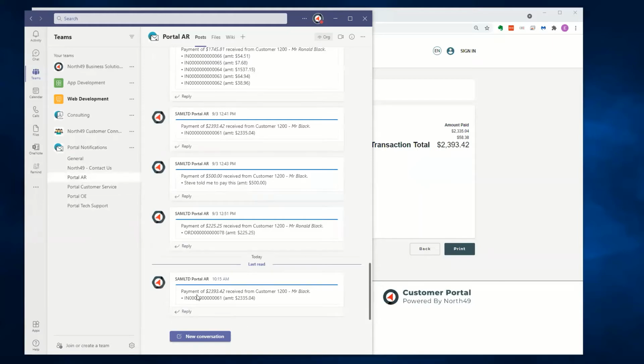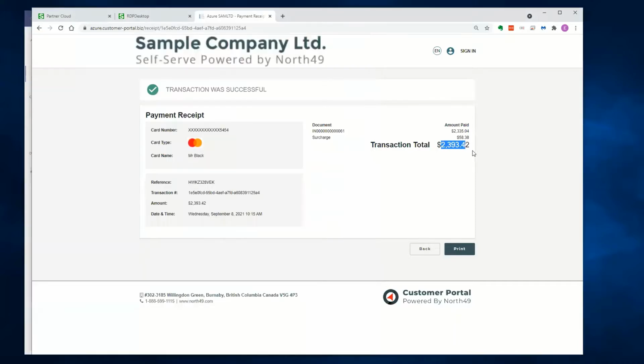And here we go. This has happened right now, 10:15, a payment received from customer 1200, Mr. Ronald Black, paid invoice number 61 to that amount. And there you go. That is it over there. You will also see that we have a surcharge added here. So we do have the ability, as